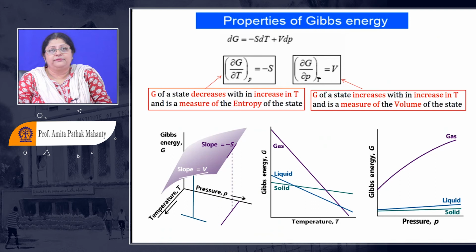With respect to pressure, that means you are changing the pressure in each step. Since it is ∂G/∂P, it is the measure of the volume. That means the volume of 1 mole of gas will obviously be much higher than 1 mole of solid or liquid. So these will have very low values of slope, but the highest value of slope will be that of gas, because that corresponds to the volume of the gas, right?